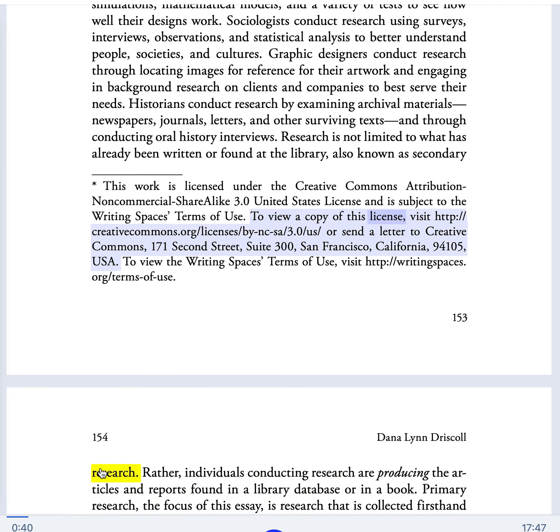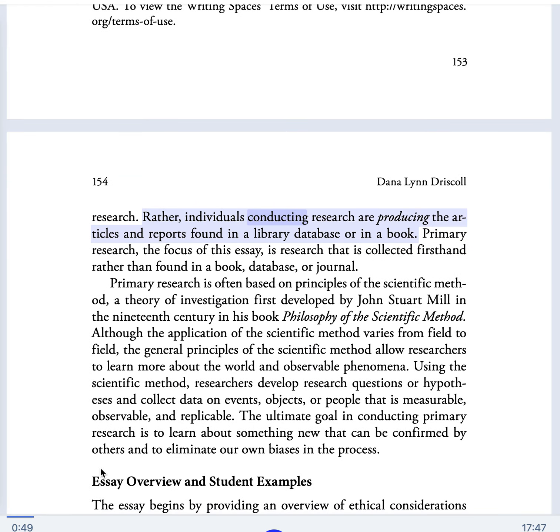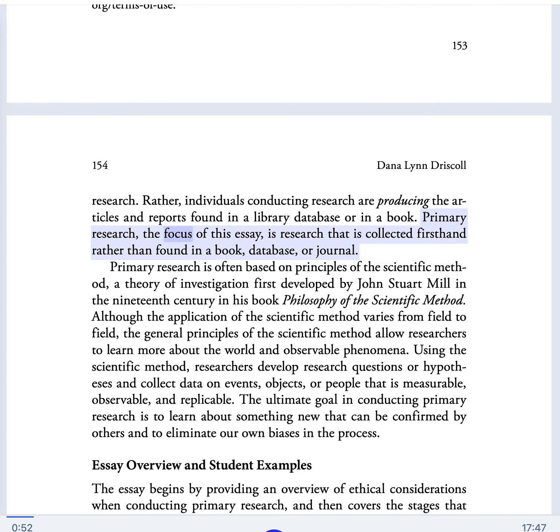To view a copy of this license, individuals conducting research are producing the articles and reports found in a library database or in a book. Primary research. The focus of this essay is research that is collected firsthand rather than found in a book, database,